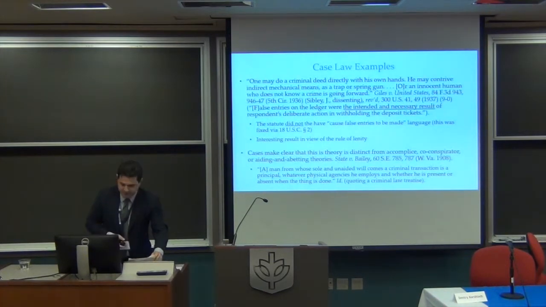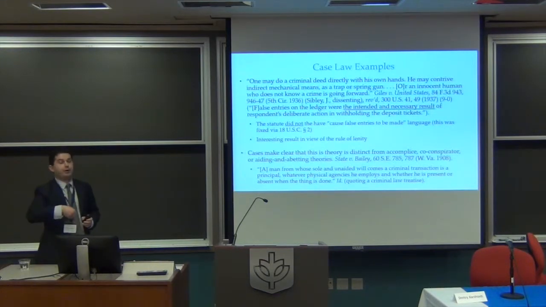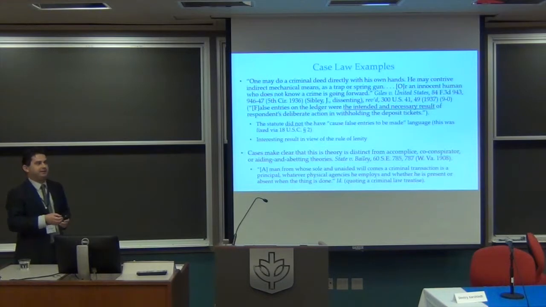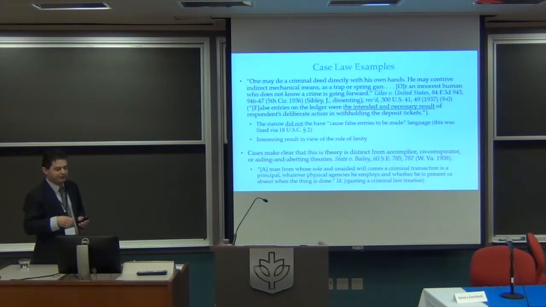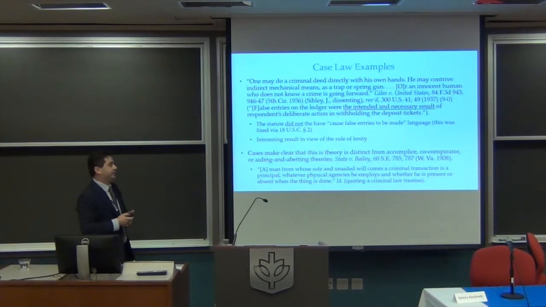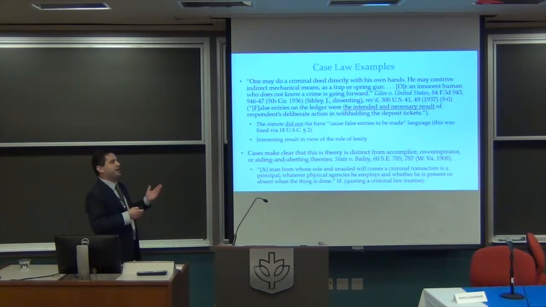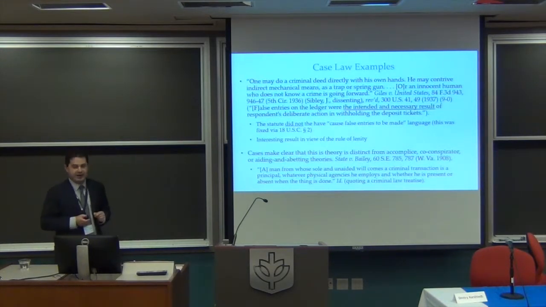So, case law examples. Actually, the best statement of the doctrine is in a dissent in this interesting case involving a federal bank clerk making false entries. So a bank teller was withholding deposit tickets from bookkeepers, and according to the prosecution's theory, that caused the bookkeepers to make false entries, even though he wasn't actually writing anything down, right? The Fifth Circuit actually exonerated this guy and said, well, he didn't actually make the false entries. And the dissenting judge said, well, one can do a criminal deed with your own hands, or through indirect mechanical means, or a spring gun, or an innocent human being. You can't say, oh, the spring gun did it, I didn't do it, right? And the same idea would hold this Giles guy liable.